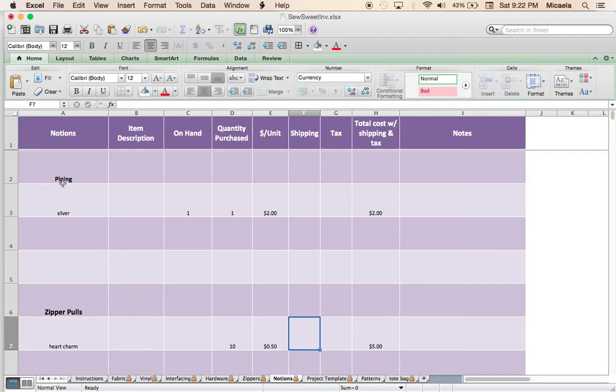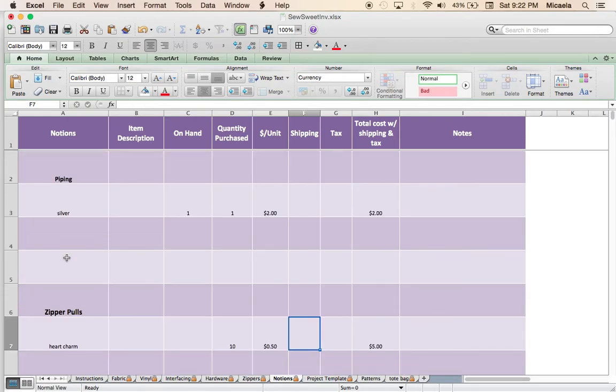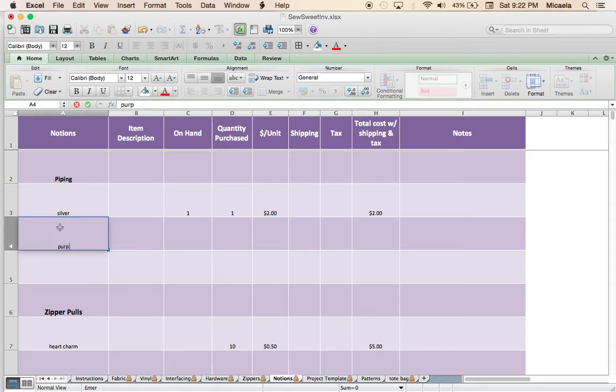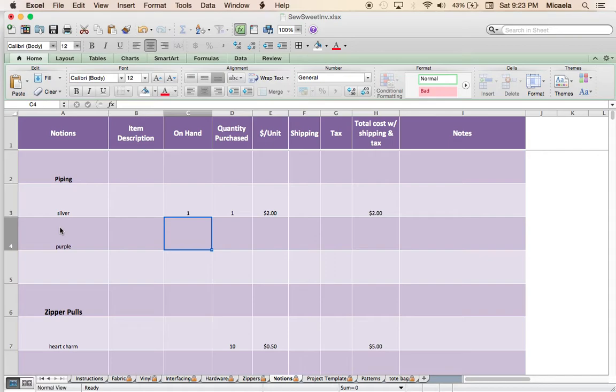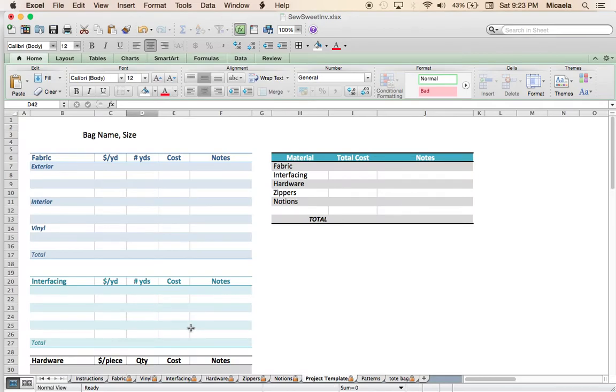You can have just these different headings, and then when you go in to do it, you can add to it. Let's say I get some purple piping and I bought one and it was $2. So I've gone through and added these notions in. Same as with the zippers. I'm going to go back to my project template,